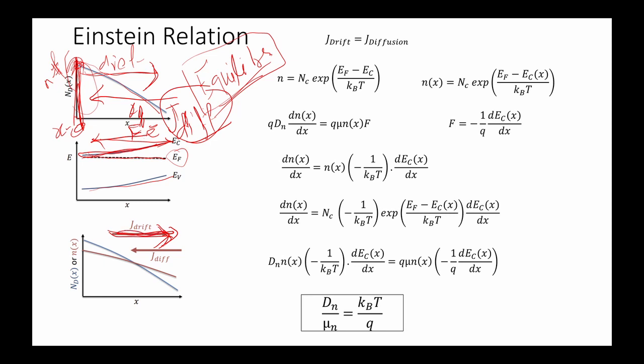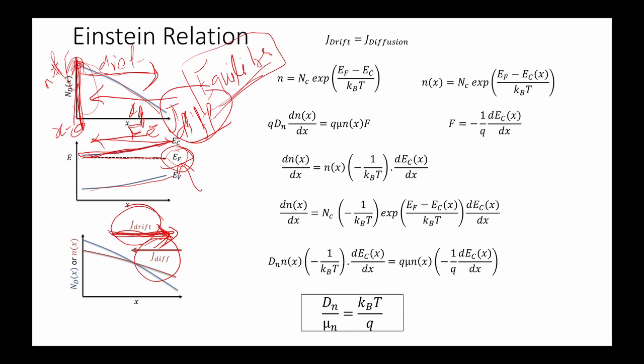So we have drift current in the positive x direction and J diffusion in the negative x direction. They should balance out at equilibrium. This is the condition of equilibrium: there is no flow of current, and because of that the Fermi level is constant. There is no slope in the Fermi level. So if we equate J drift equal to J diffusion,